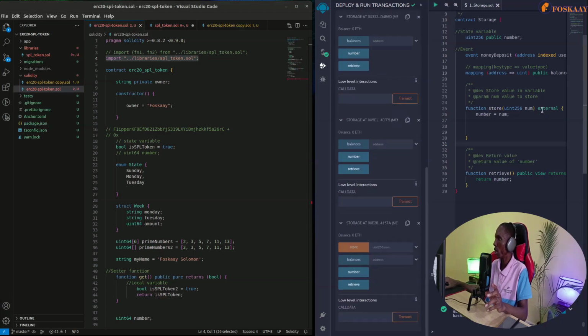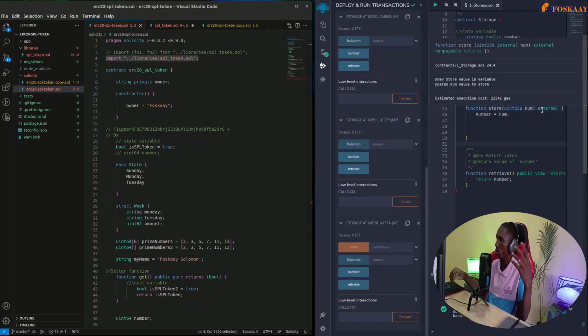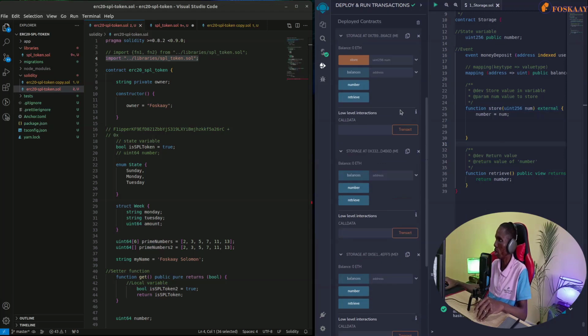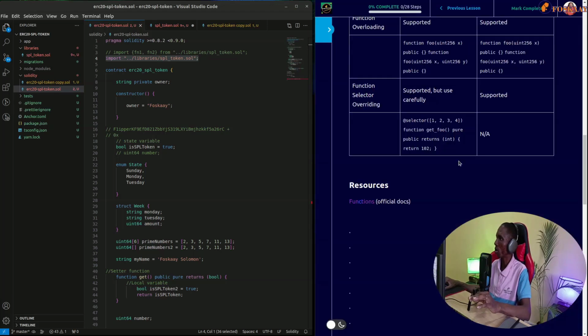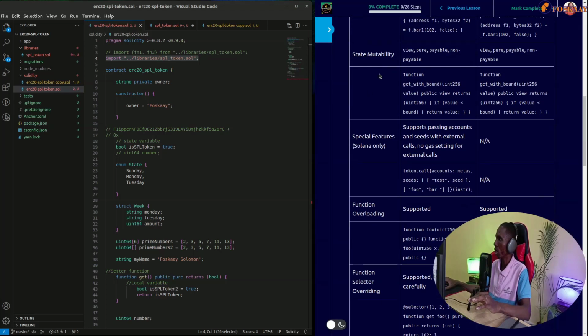But if it is not external or public, it doesn't mean it doesn't work. It works within, but you can't call it through these external interfaces. It won't work. That's why once you change it, you see that it doesn't work. So let's turn this back to public. So that's the major thing about the